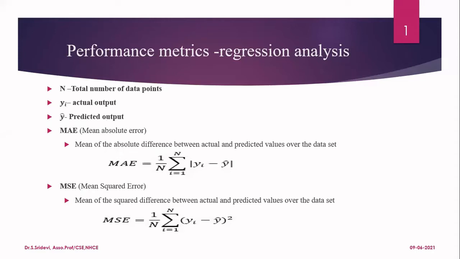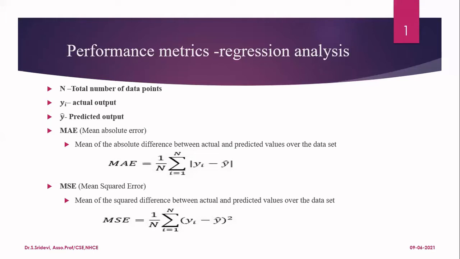And we have a measure called MAE. MAE stands for mean absolute error. And how this mean absolute error works is, for every sample you have the YA value, and you are predicting the Y cap value also from the model. Find the difference between YA and Y cap. Sometimes this difference will be positive, or otherwise negative. But if you simply find the sum of all the differences, negative and positive differences will cancel each other, and the model will say that it is a good model. But actually, it is not a good model.